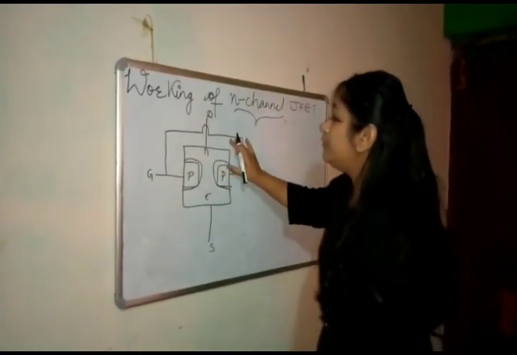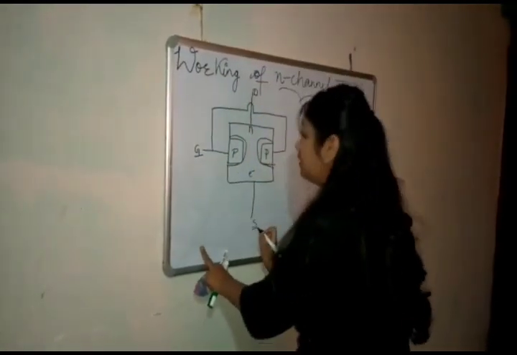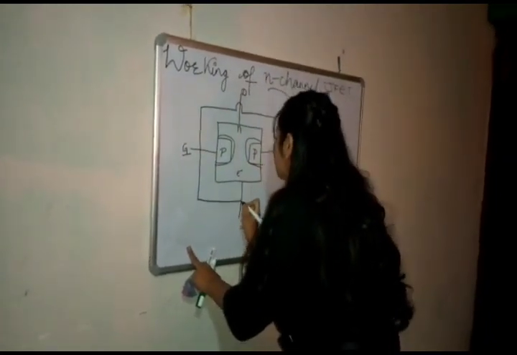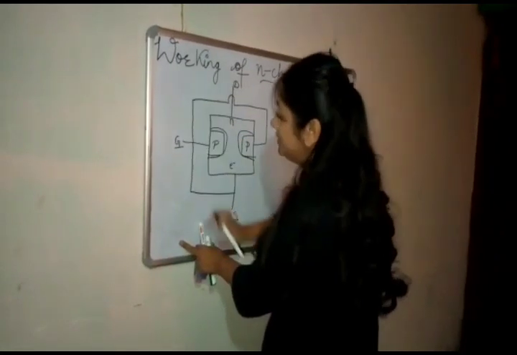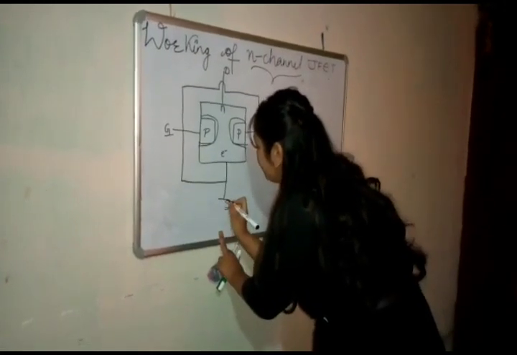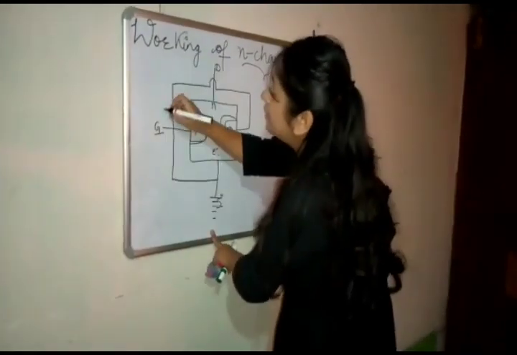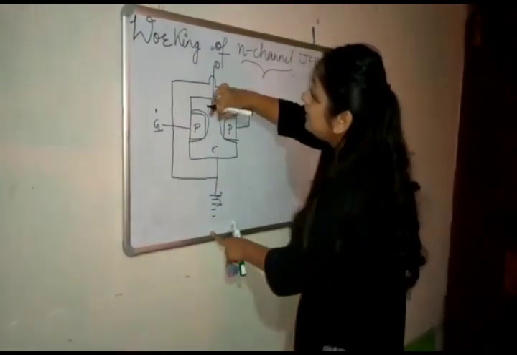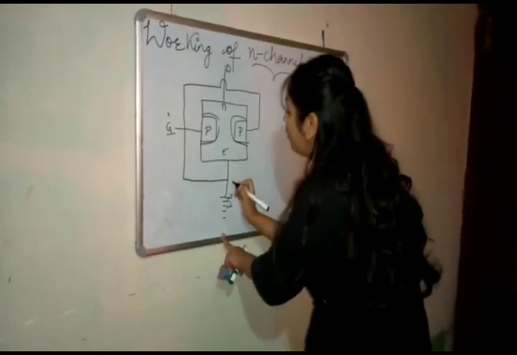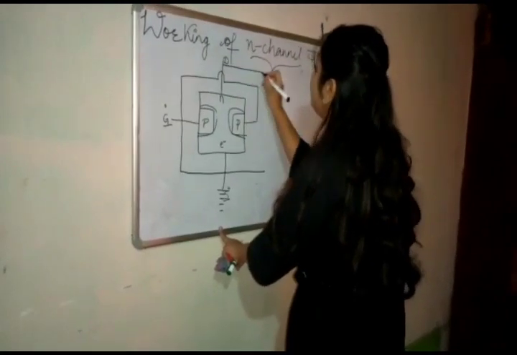Here we need to make VGS 0. That is, we need to make the gate and the source terminal 0. For that we will join this gate and the source terminal so that these two will be at the same potential. Gate is equal to 0 and source is equal to 0. To make this source 0, we will ground this. So here S becomes 0 and the gate becomes 0. Current must flow in this channel, so to make current flow in this channel, we will join a battery between the drain and the source terminal.